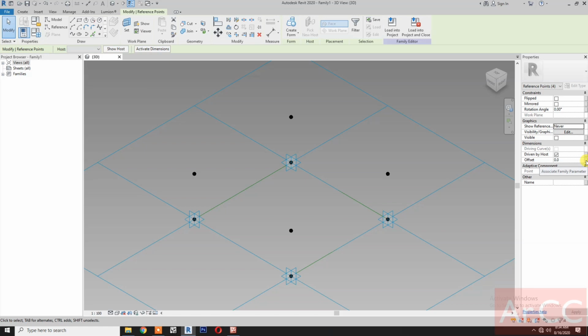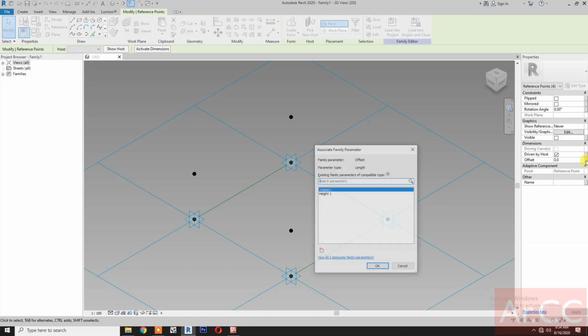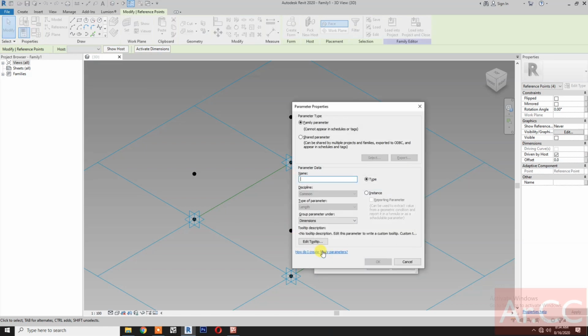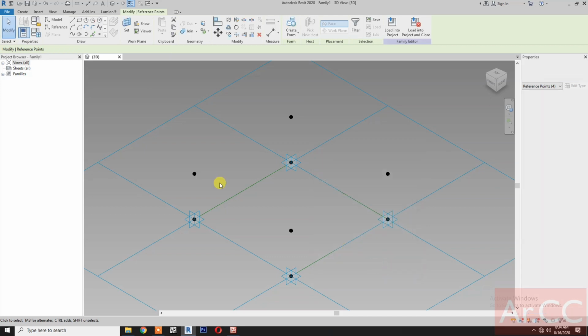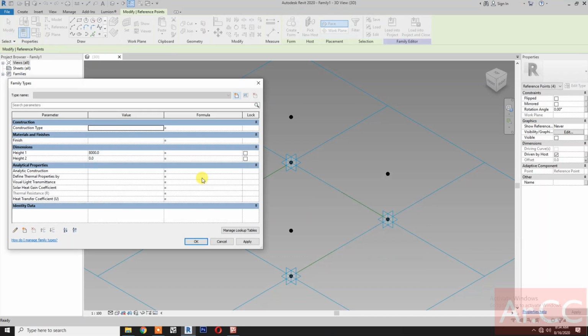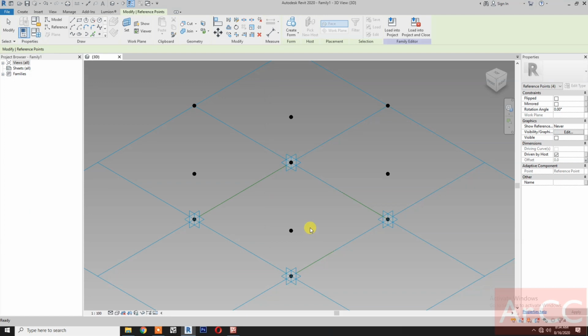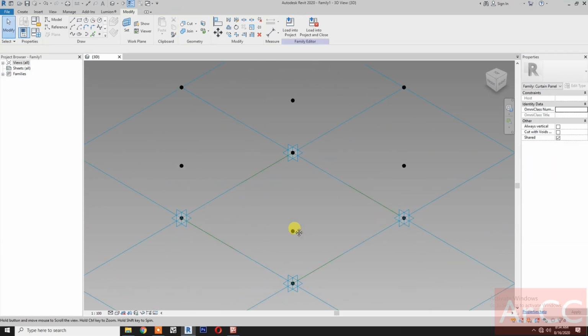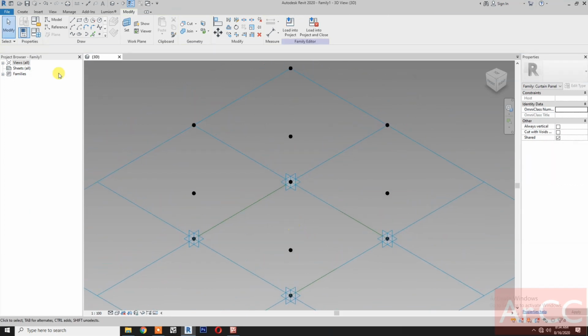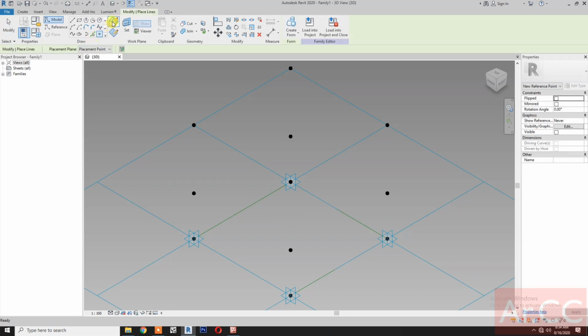then go to offset, pick the button, create new parameter, type height 2. Okay, go to family types, change the height 2 value to 20,000 millimeter, apply. Okay. Next, select reference point, draw on face, pick at midpoint,